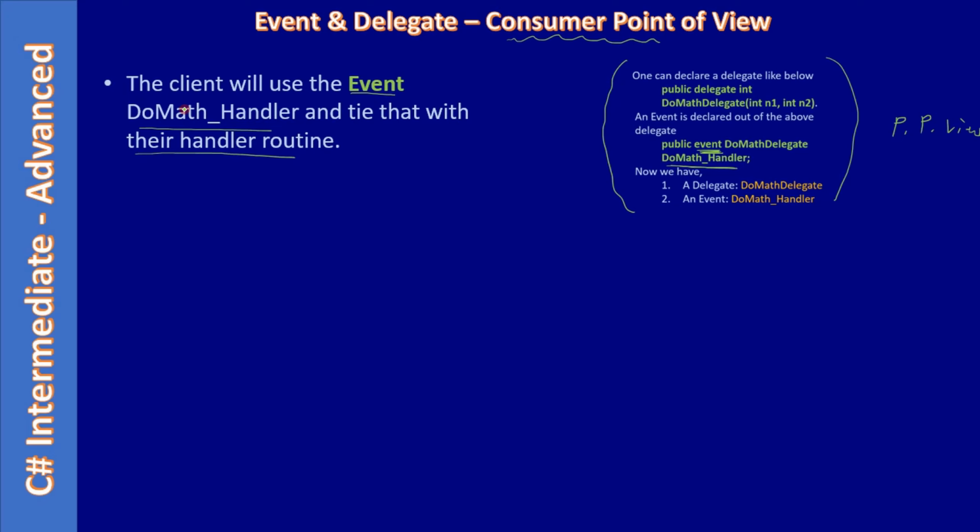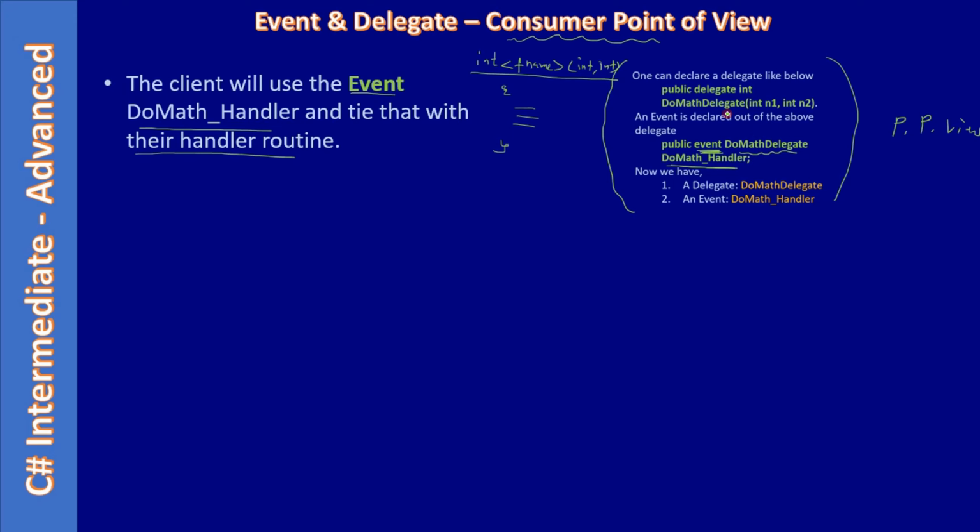So the client will use the event do math handler. That's what the producer is exposing. Consumer will use that event and tie that with their handler routine. That means they will provide the handler routine, and when they are providing the handler, they can have any function name, but that function should take 2 integer and it should return an integer. So this is what is imposed by the do math handler,